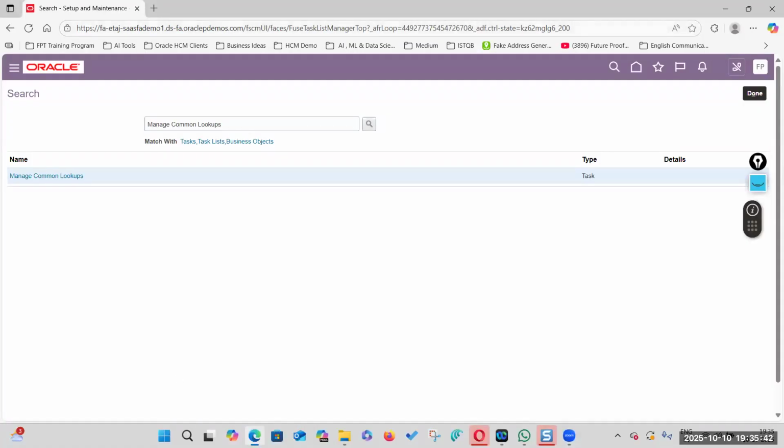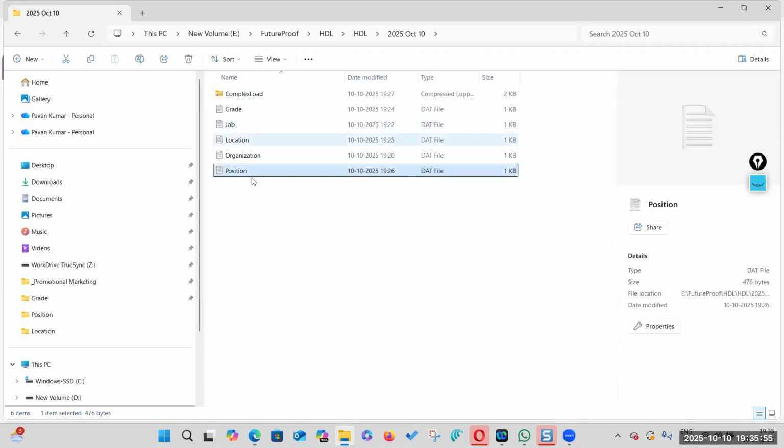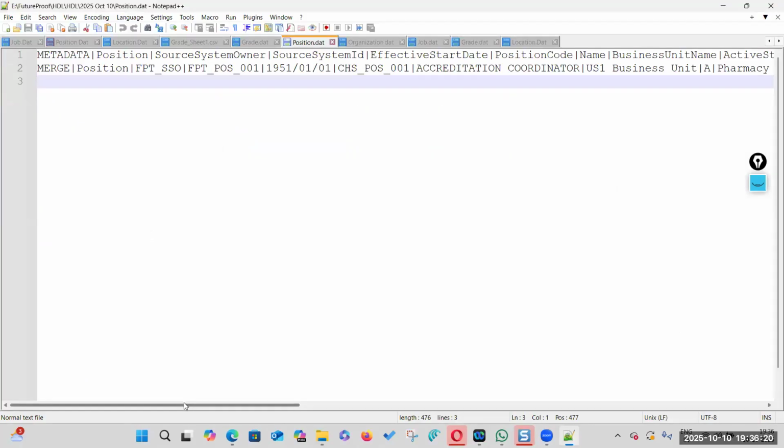So today we want to load a new object called position. Position is a little bit tricky one. What is position? Position is a combination of, what is position? Organization. So here the position,